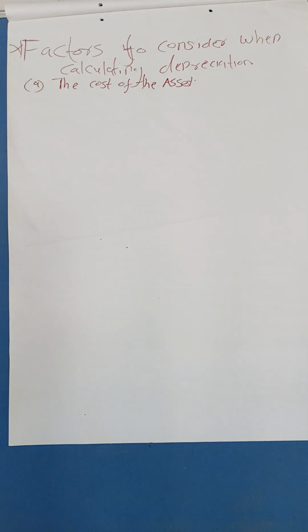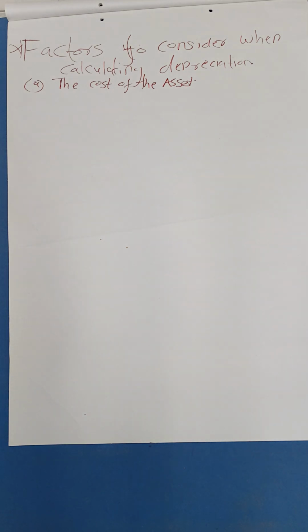If you are purchasing, the book value of the asset at this initial period, we will compare it to another factor that I'm going to show you, that is called the estimated scrap value. What are we going to sell it for after a certain period of time? So the first thing you have to know is the cost of the asset.